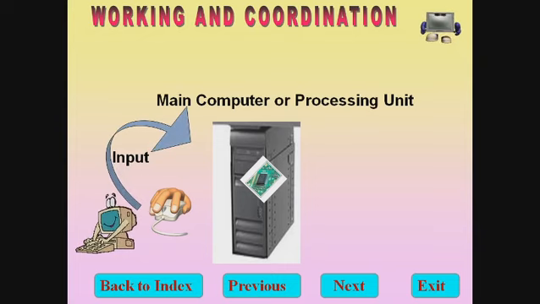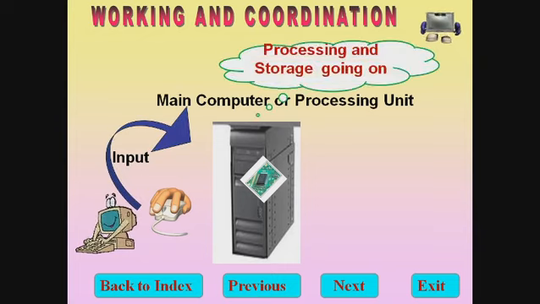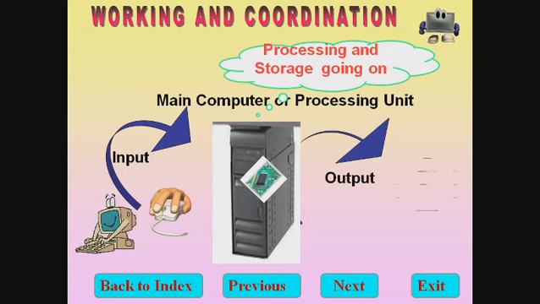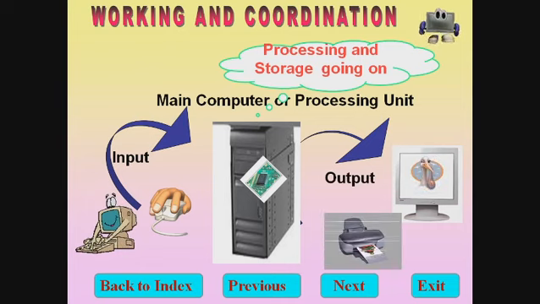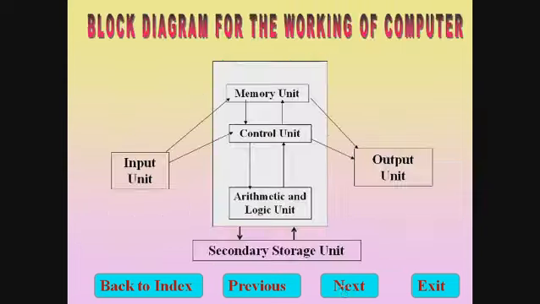This input goes to the processing device. The processing device checks whether the input is for display only or it needs some processing. As per this decision, it performs the job of processing and the result goes to your output device. So for output you have monitor, you have printer and different types of output devices. So this is the basic working of computer. Now let's see this working in depth.